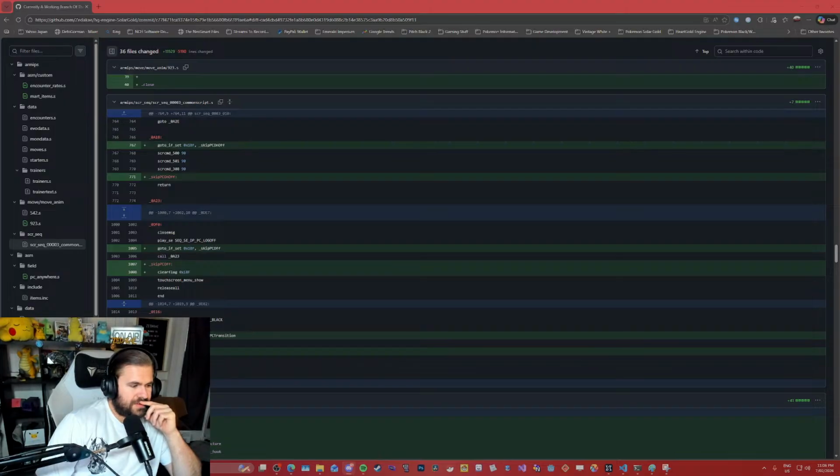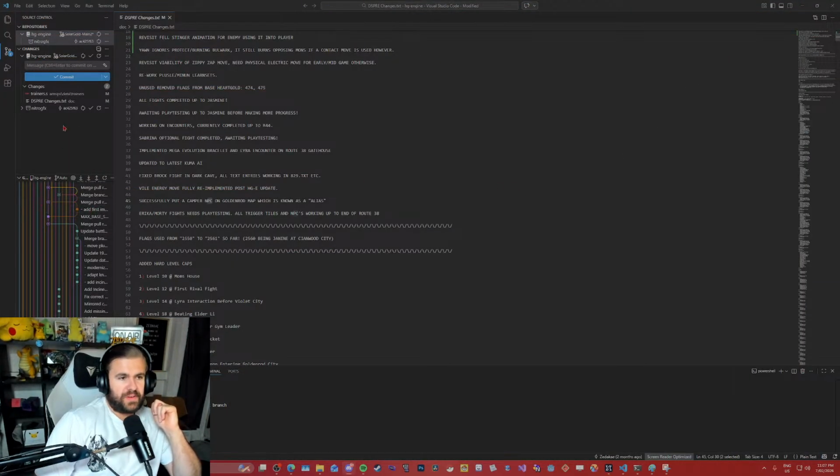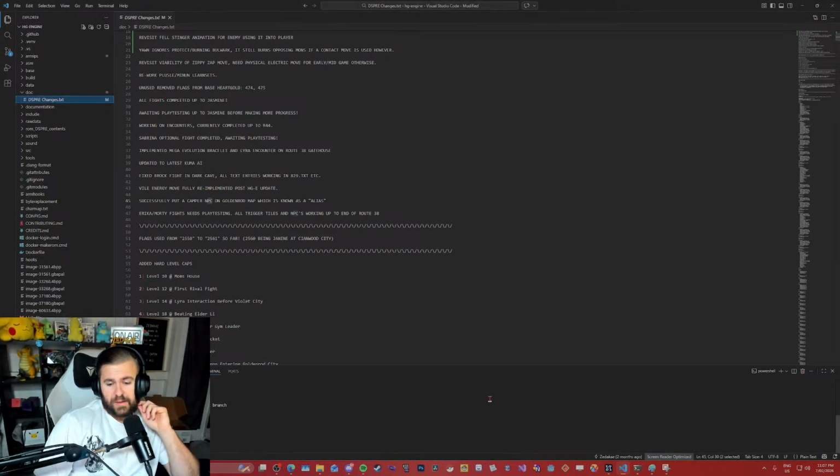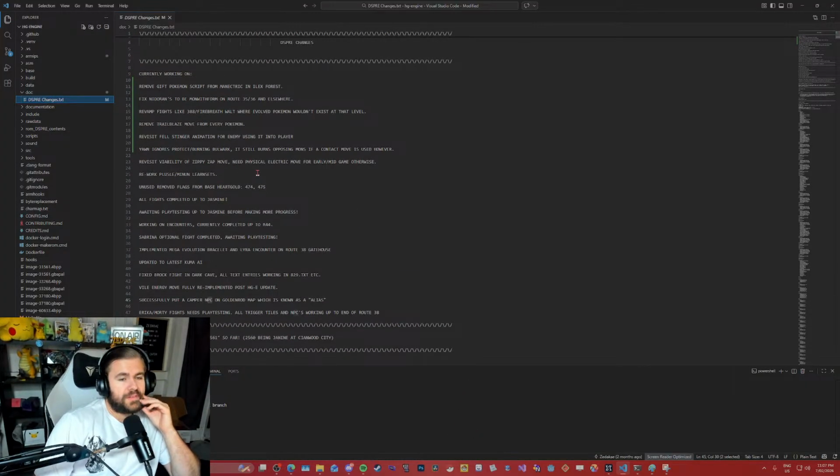HG Engine has a start menu somewhere, so you can do the same thing. I got a bear back though. That's okay, man. But yeah, I'm gonna just leave that for now. We're gonna just try and adapt to this new engine. Let's have a look. What do we got?